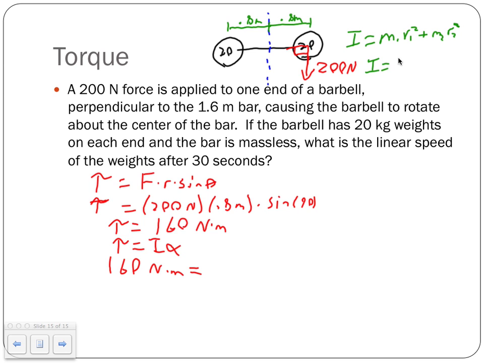The mass of the first object is 20 kilograms, times the radius of 0.8 meters squared, plus the other object, which has a mass of 20 kilograms, times a radius of 0.8 squared. Solving this out, 20 times 0.8 squared comes out right at 25.6